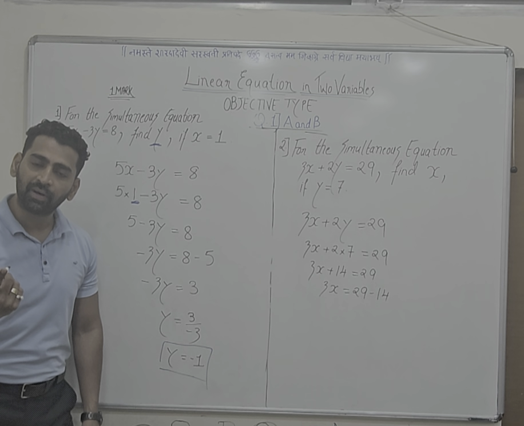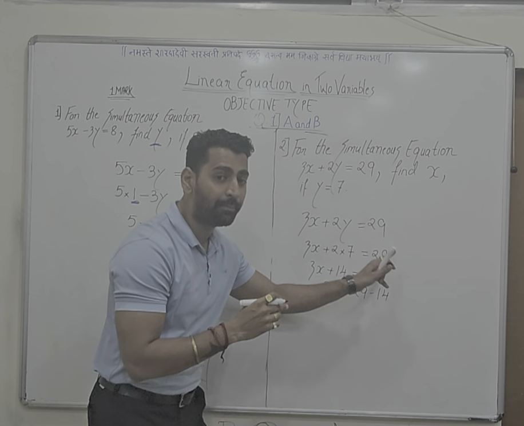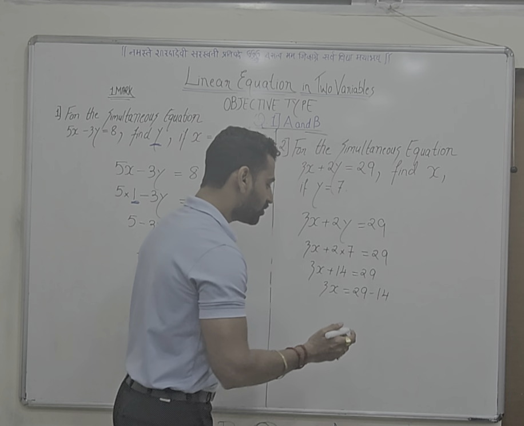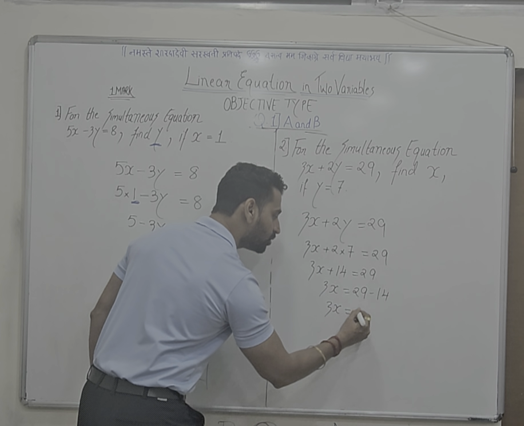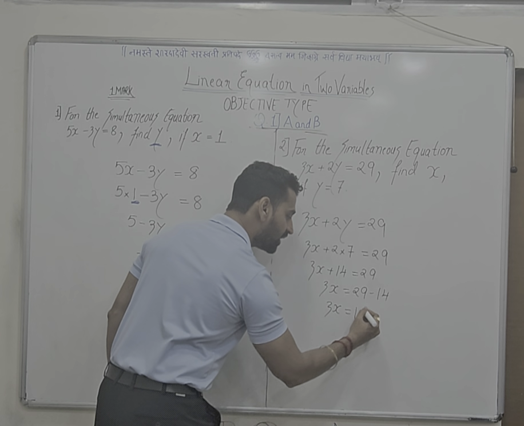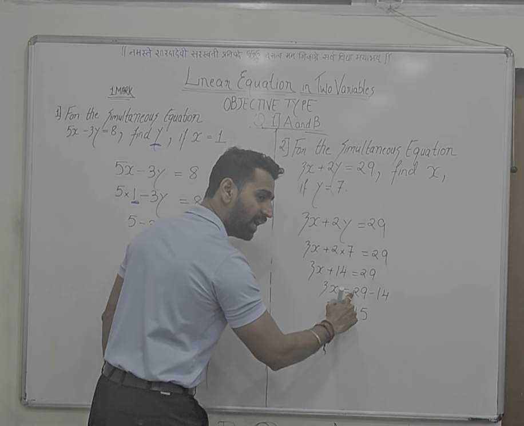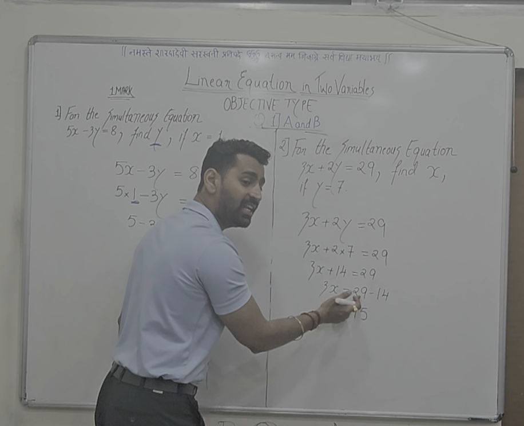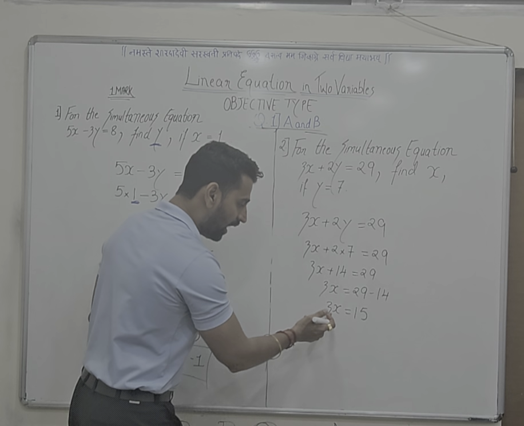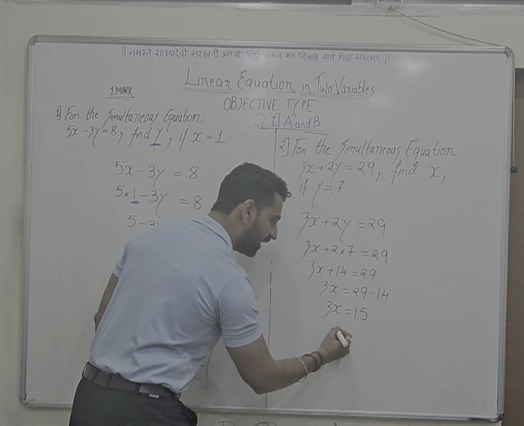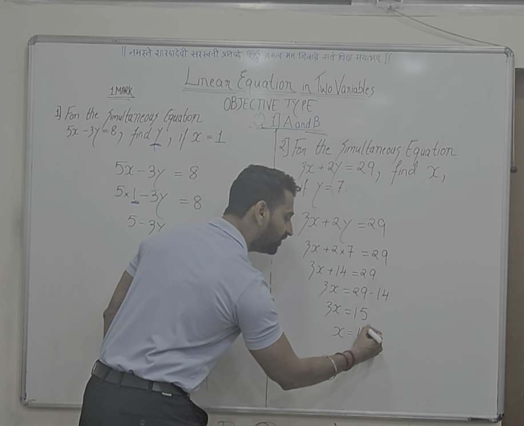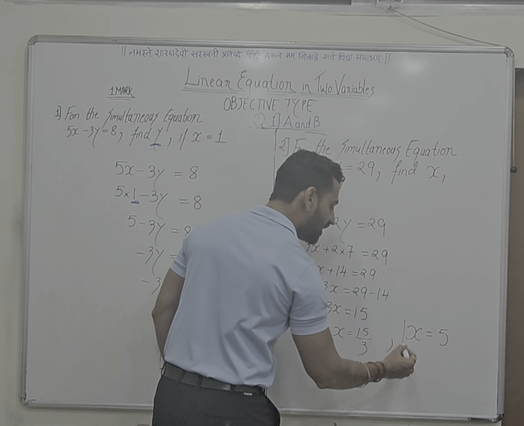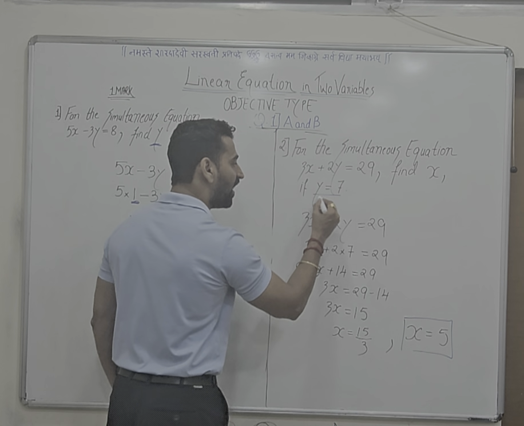लेफ्ट से राइट में जो भी नंबर जाएगा वो ऑलरेडी जो वहां पे नंबर है उसके पीछे खड़ा होगा, आगे नहीं. So we have 3x equals to 29 minus 14 gives us 15. 29 में से 14 गया 15, 29 बड़ा है इसलिए आंसर पॉजिटिव. अब 3 यहाँ पे x के साथ मल्टीप्लाई में है, वहां जाएगा डिवाइड. So we have x equals to 15 divided by 3, hence we get the value of x as 5. So in this case the value of the variable x is 5 while substituting the value of y as 7.